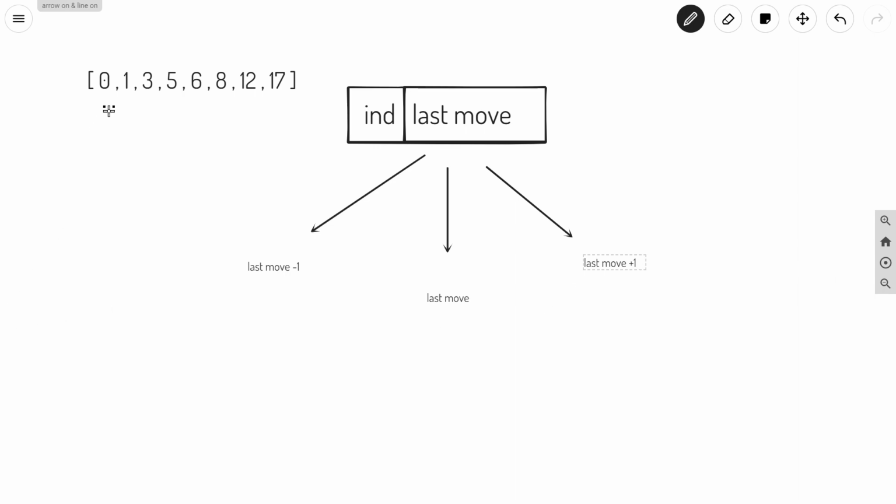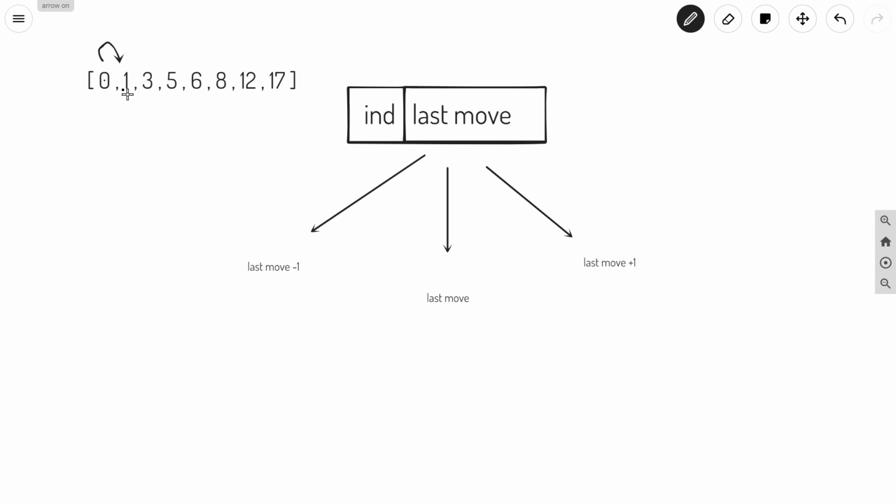So let us see how the frog jumps from the first position to the last one. Initially the frog was on 0, and from 0 it will take only one jump of 1 unit. So it will go on the stone having position 1.